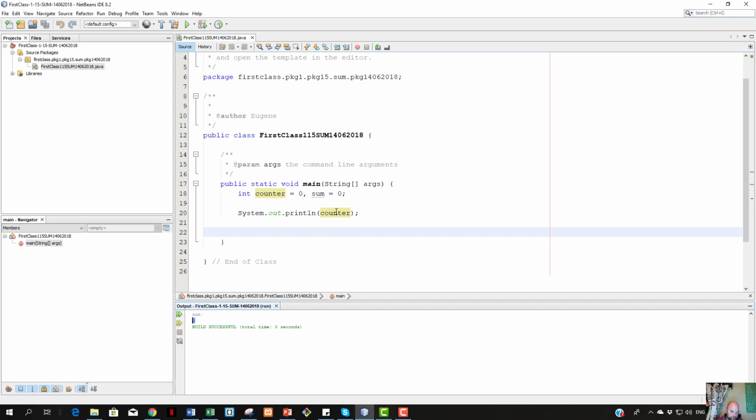It's printing out counter. So what we have to ask ourselves is, what is the value of counter? And counter's value is 0. Did we print out sum? No, we did not. Did we change the value of counter? No, we did not. So if I wanted to print out the value of sum,